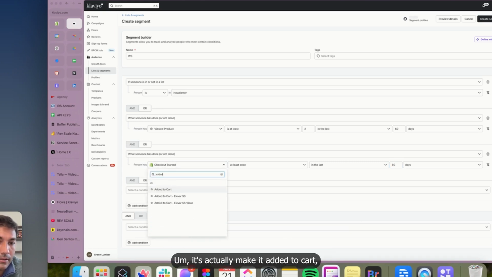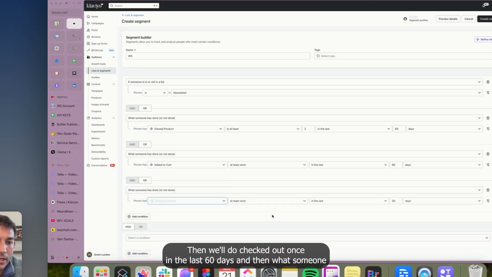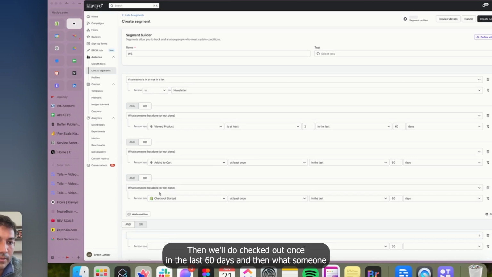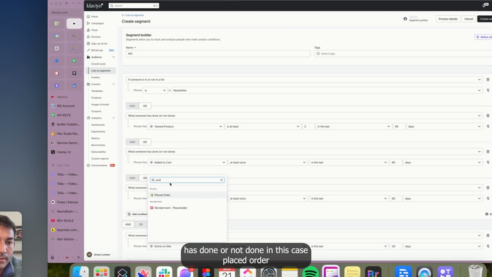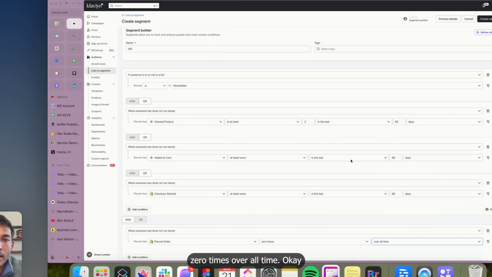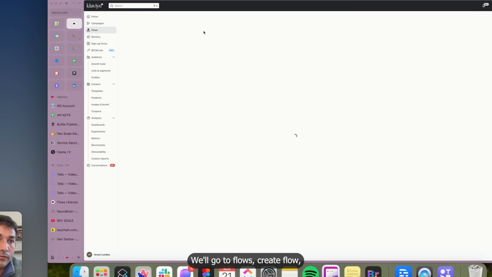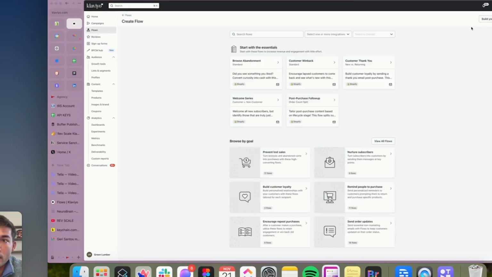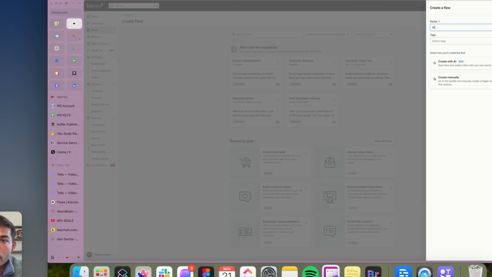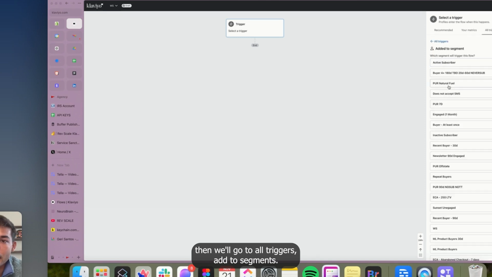Let's actually make it added to cart, so it's just a little bit neater. Okay. Then we'll do checked out at least once in the last 60 days. And then what someone has done or not done in this case, placed order 0 times over all time. Okay. And that's pretty much it. So we'll create that segment. We'll go to flows, create flow, build your own. Let's go WS, create manually. Then we'll go to all triggers, add it to segments,